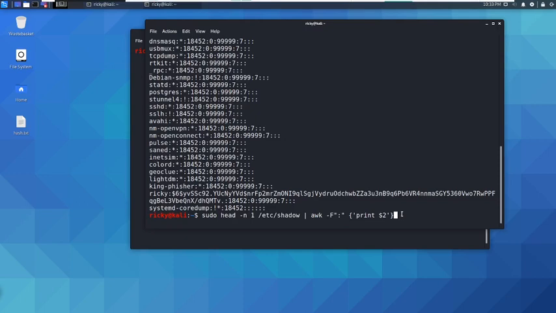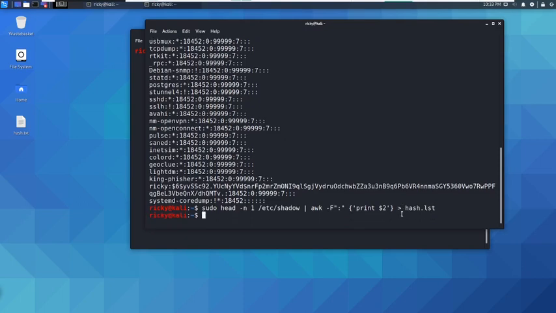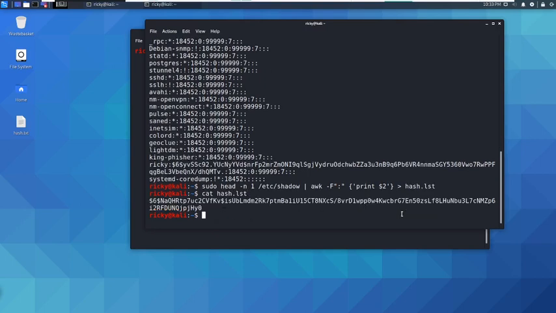So we take the first line with head, then pipe it into the awk command, then redirect that into our hash file, hash.list. When I do that and display cat hash.list, you see the hash is separated.